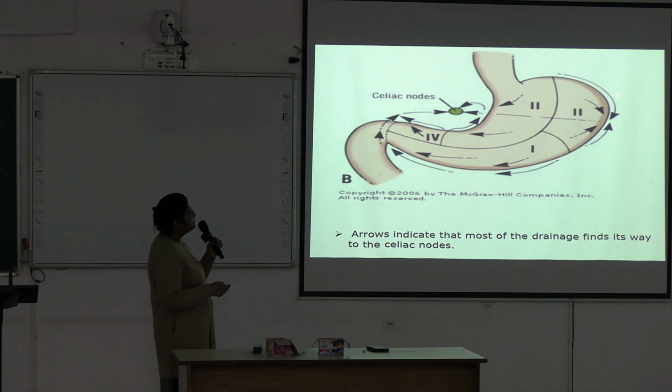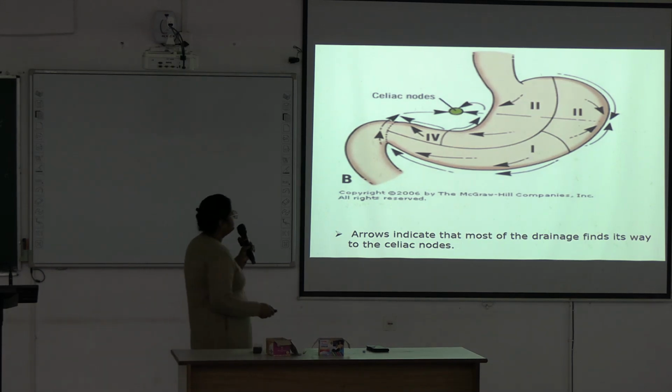Okay, so this splenic node drains into the splenic node. These are draining into the right gastroepiploic node, then going to the celiac nodes, and here it is draining into the left gastric nodes. Here they are going towards the hepatic nodes, and ultimately all these nodes are going to drain into the celiac nodes. Okay, next,